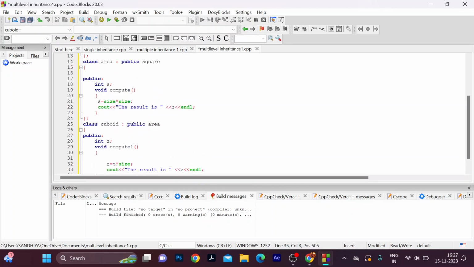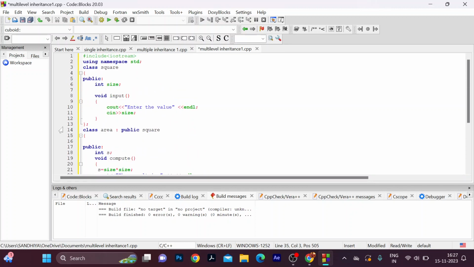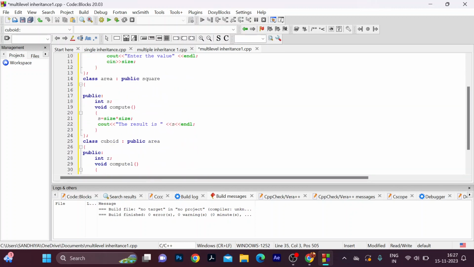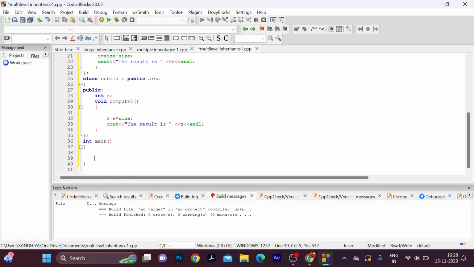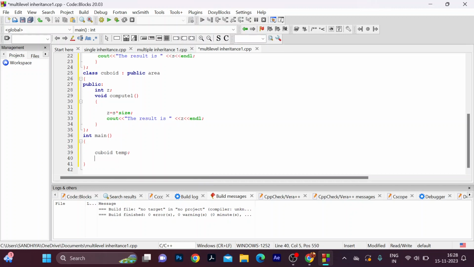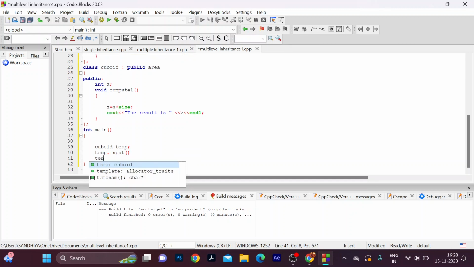So we have created one base class and derived class for square and another derived class cuboid for area. Okay, now I am going to create an object for the derived class. So cuboid, the derived class, is enough to create the object. Temp dot input, then temp dot compute,